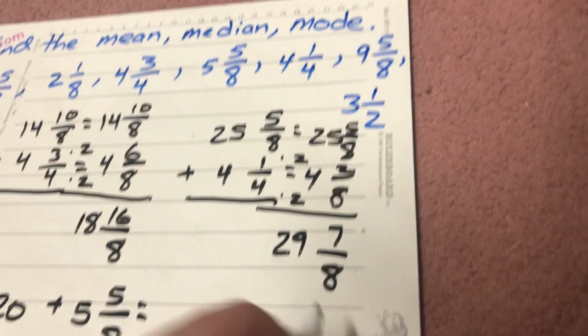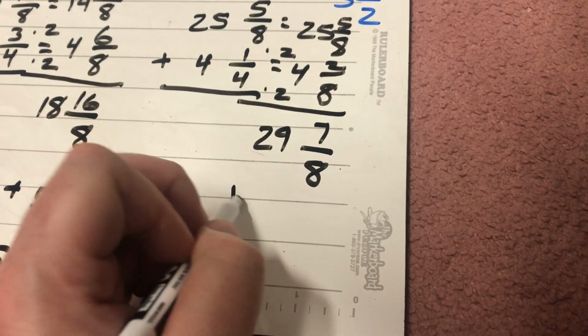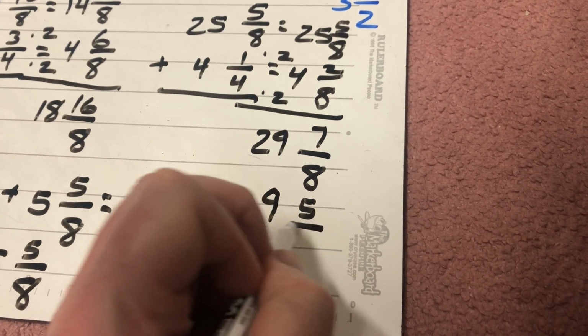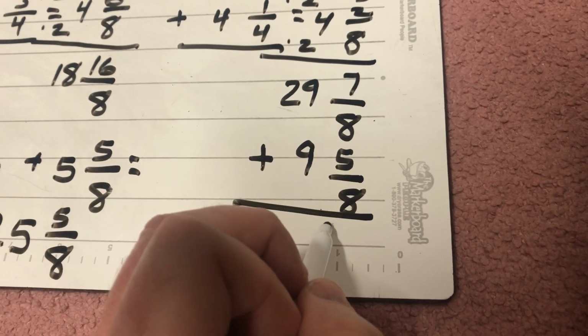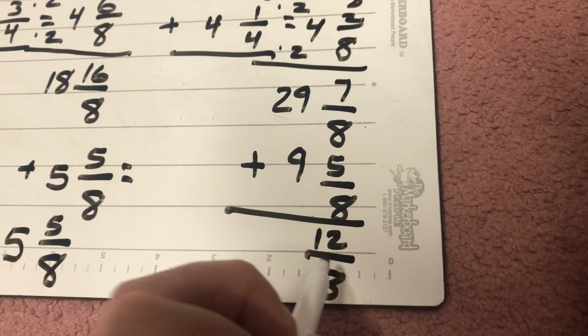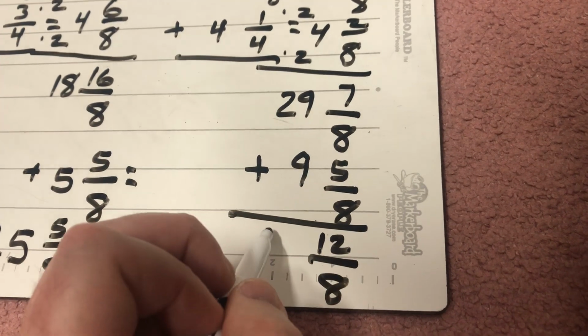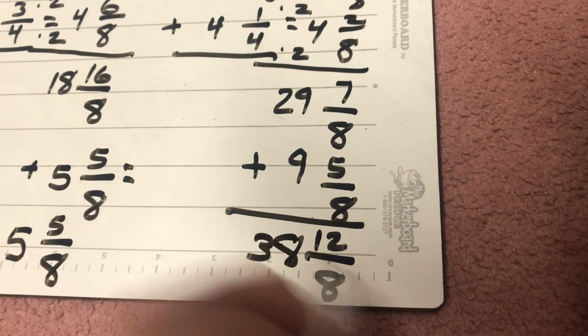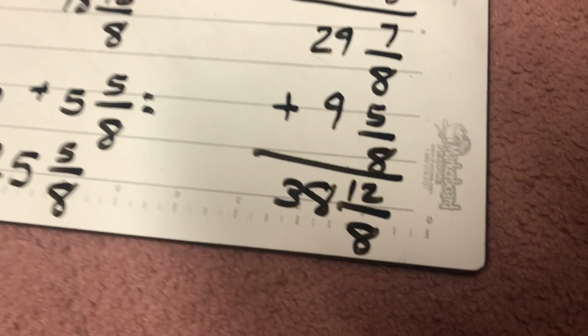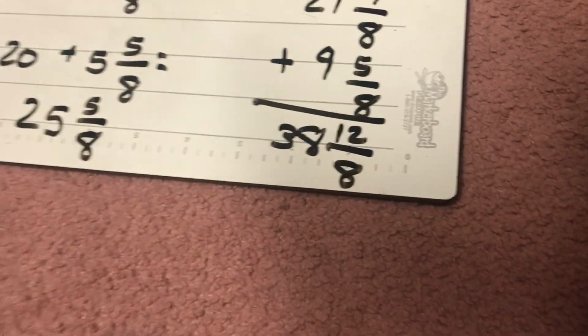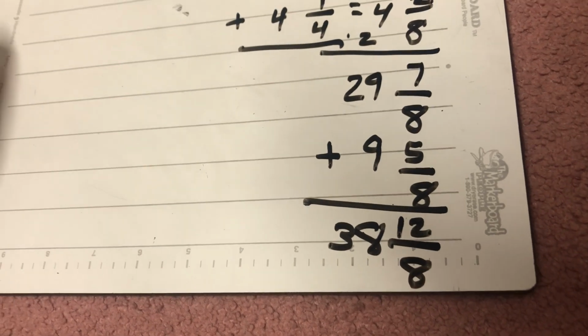29 and 7/8. I'm going to add 9 and 5/8. 7/8 plus 5/8 is 12/8. 29 plus 9 is 38. I have 38 and 12/8. Let's make a mental note of 38 and 12/8, because I'm going to clear some of my scratch work here. Because I've got to take that 38 and 12/8,